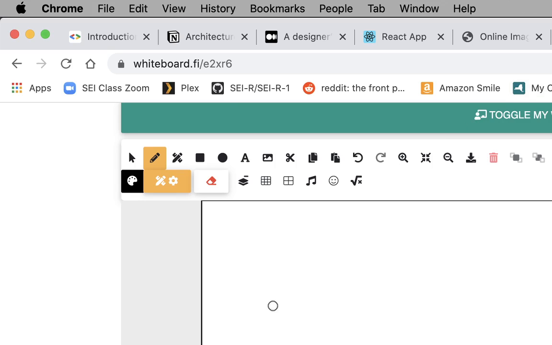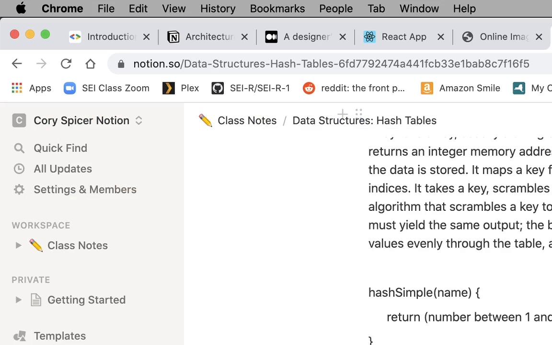So we just go like this. And then we go 1, 2. So this whole thing is your hash table. So the example I found online